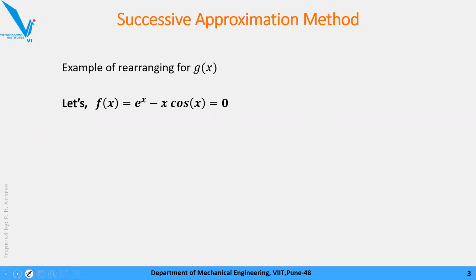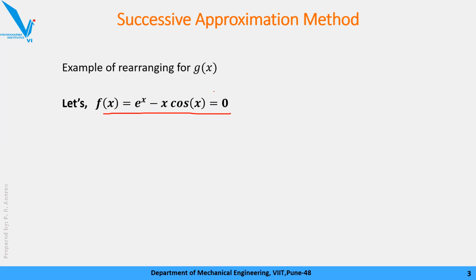Let's assume the function is e raised to x minus x cos x equal to 0. This is your function of x, and our aim is to find the g of x for that. Now remember student, here we have plenty of options available. One of the easiest options: हमें क्या करना है, g of x क्या रहता है आपका कि भाई ये